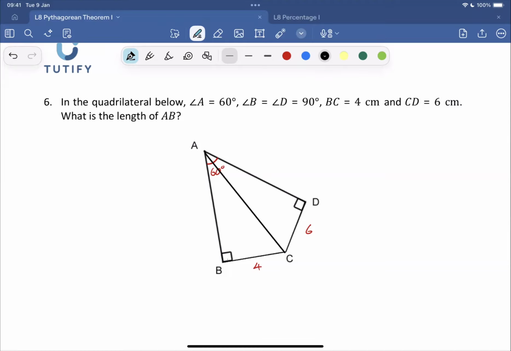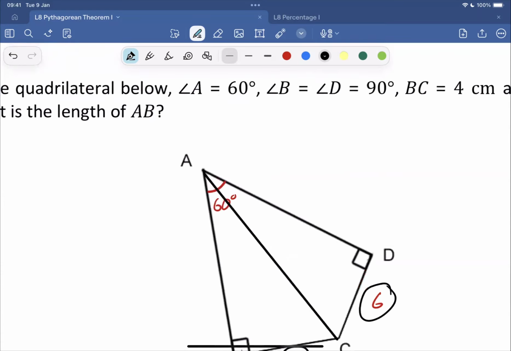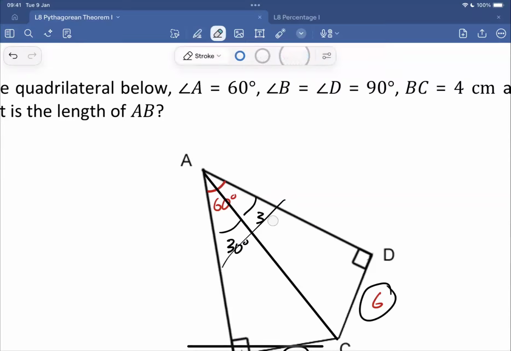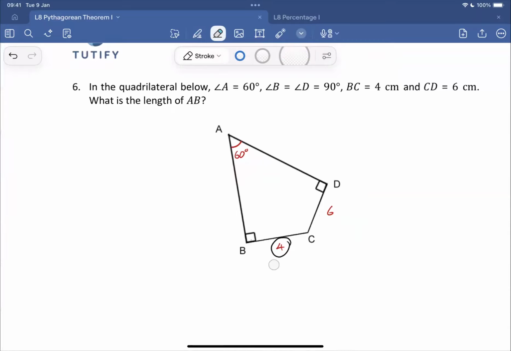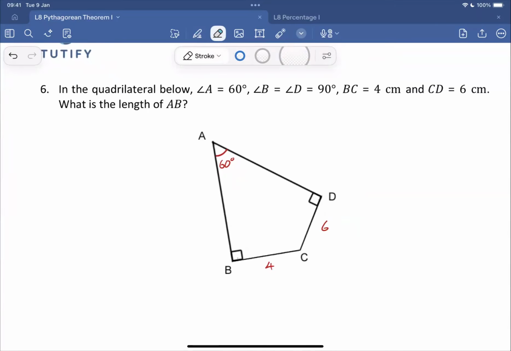Unfortunately, students, this is 4. This is 6. They are not the same. If they are not the same, that means you don't know how the 60 degrees is being cut. It's definitely not going to be half. So you cannot say that this is 30 degrees. You can't. So that's why I say it's tricky. You can't do that. So what we must do instead is